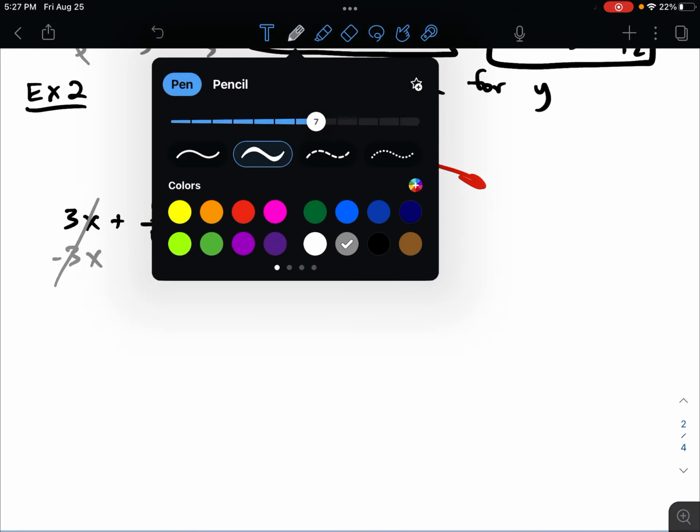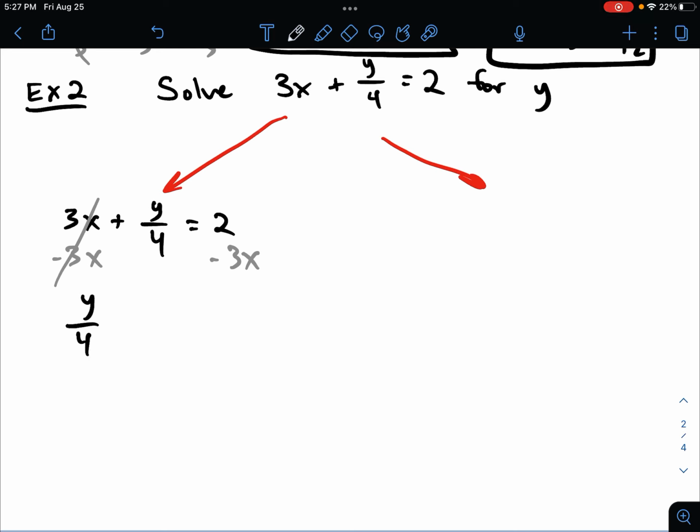And it cancels on the left, giving us y over 4 equals 2 minus 3x. And then I see that y is being divided by 4. Well, the opposite of divide by 4 is times 4. So I'm going to multiply the first term on the left by 4, and I'm going to multiply this entire